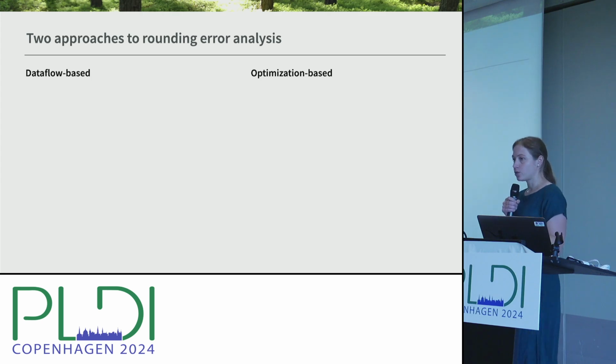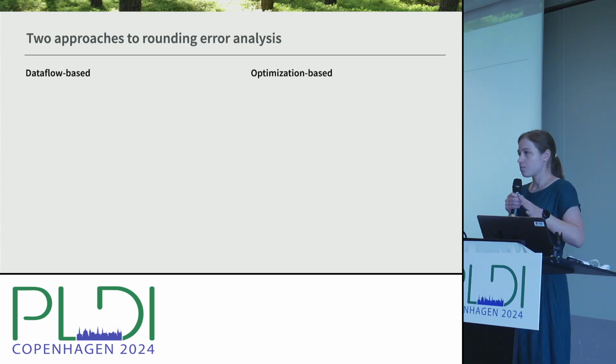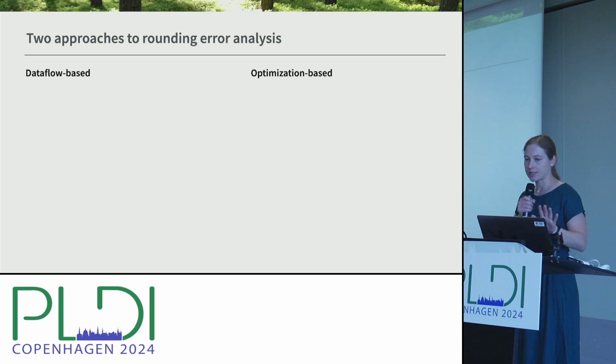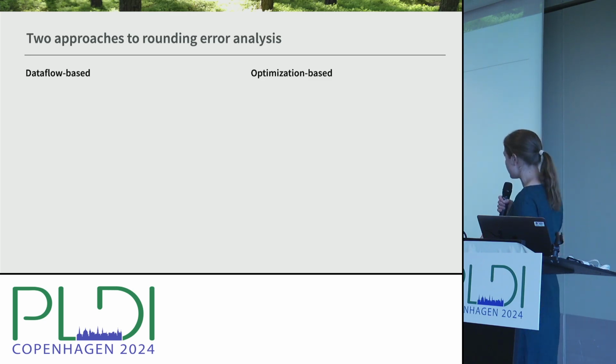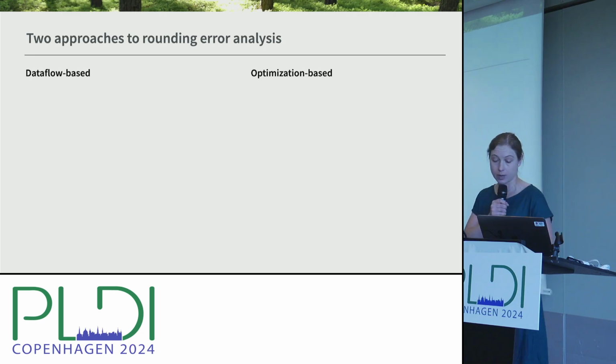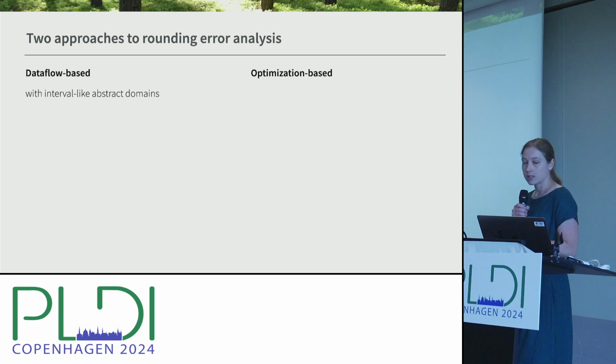So what we need to do is basically find some ways of abstracting over this. And there's today, more or less, and I'm generalizing a little bit here, two approaches to rounding error analysis. One is data flow based and one is optimization based. So the data flow based will